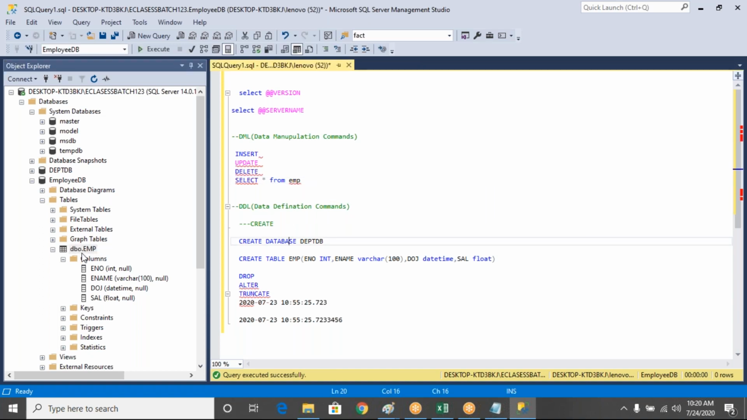If you observe over here, when I was creating this table, I have given EMP only. But what is this DBO dot? Why is this DBO coming? Database object. Generally, we are calling that a schema name. What is the meaning of schema name? Schema name means